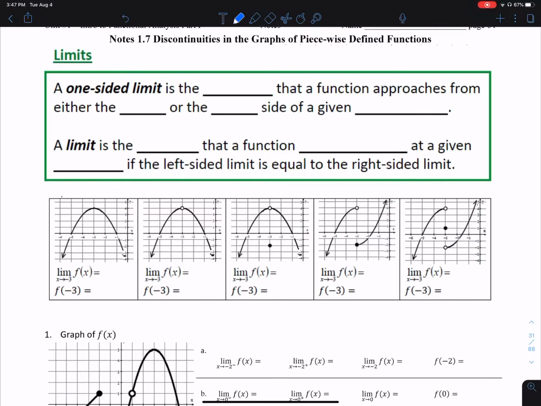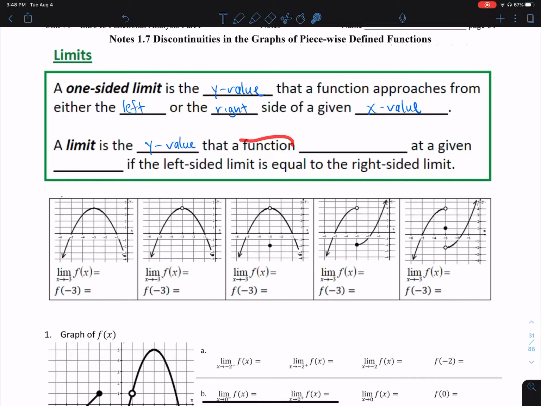Limits. A one-sided limit is the y value that a function approaches from either the left or the right side of a given x value. That's a one-sided limit. A limit, also known as a two-sided limit, is the y value